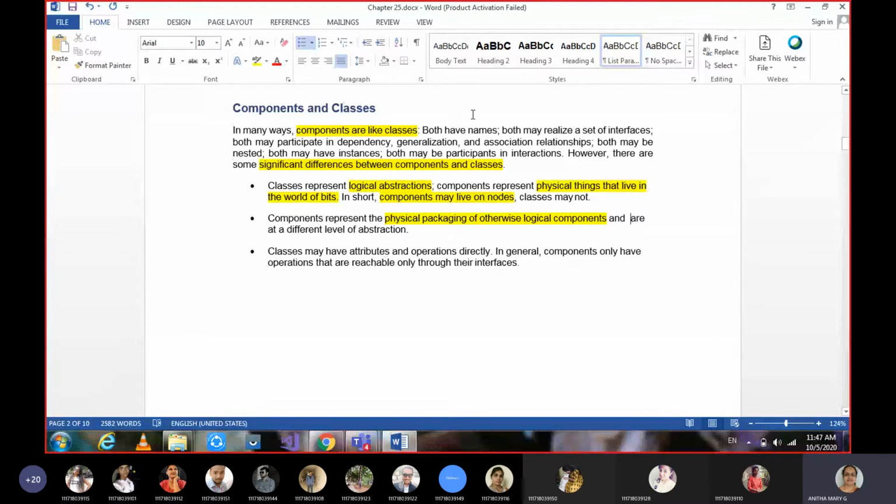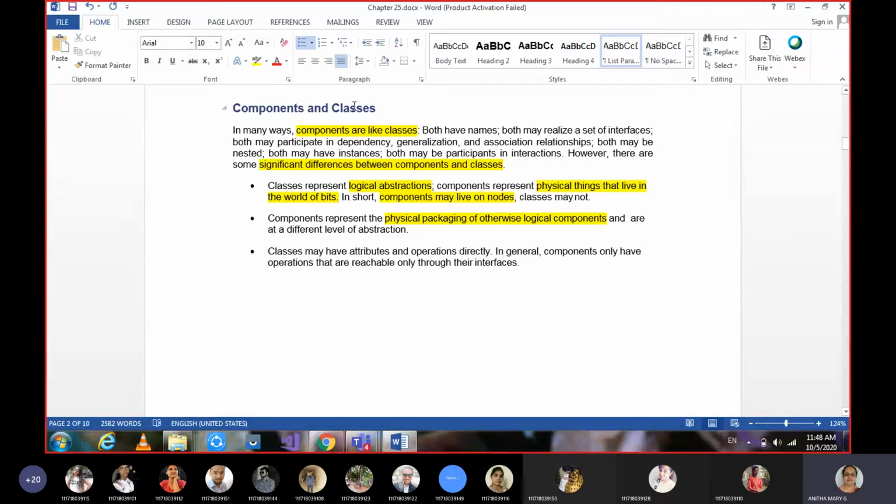Maybe a few things are common, like name, they have different relationships, they can realize the set of interfaces, and many more things we can talk about which are common between component and class. But clearly there are some differences which are very important.